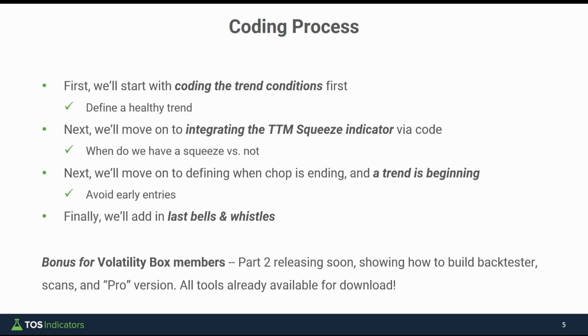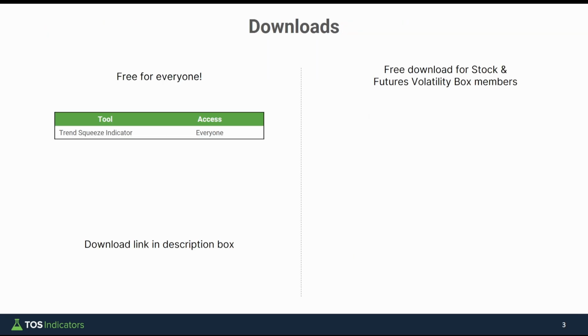All right, you made it. That brings us to the end of this tutorial. Let's quickly summarize what we did in this tutorial. We started by adding in the trend conditions. Then we integrated the TTM squeeze along with finding ways to identify when this chop was ending and making sure that we were still pulling back somewhat within our stacked moving averages. We used the 8 EMA. We added in some bells and whistles, some nice ones like where we allowed the user to use this as a standalone indicator for trend trading, along with when you want to use this as a squeeze indicator for when